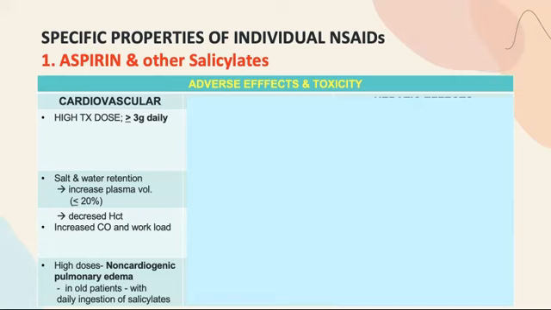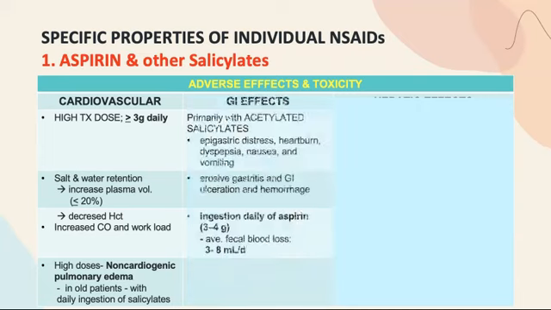Cardiac output and work are increased, so those with carditis or compromised cardiac function may not have sufficient cardiac reserve to meet the increased demands, and congestive cardiac failure and pulmonary edema can occur. High doses of salicylates can produce non-cardiogenic pulmonary edema, particularly in older patients who ingest salicylates regularly over a prolonged